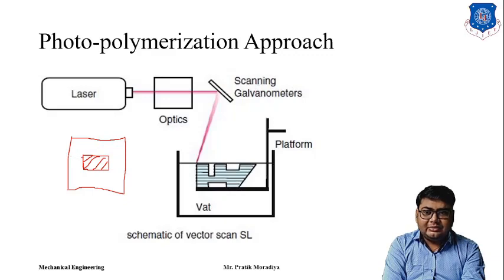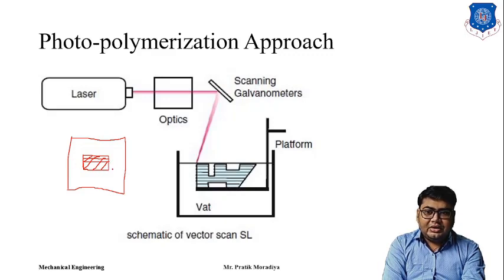Once the mirror comes here, then it knows that okay, now I want to solidify these parts. So the light will turn on from here and it will be kept on till this point. Then it will be turned off again, but the scanning will go from left to right across the entire section. Again at this point the light will turn on, then it will be turned off again, and the scanning will continue.